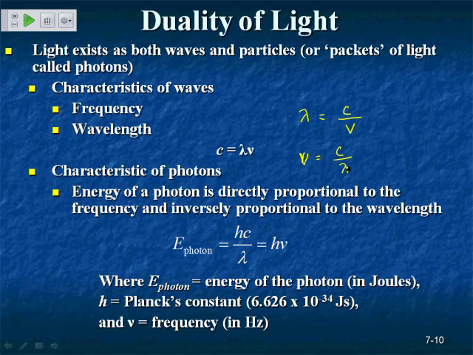Now, how do we calculate the energy using photons? The energy of a photon is, here is the relationship, directly proportional to the frequency and inversely proportional to the wavelength. So, energy of a photon is calculated either by h nu or hc by lambda, where h is another constant